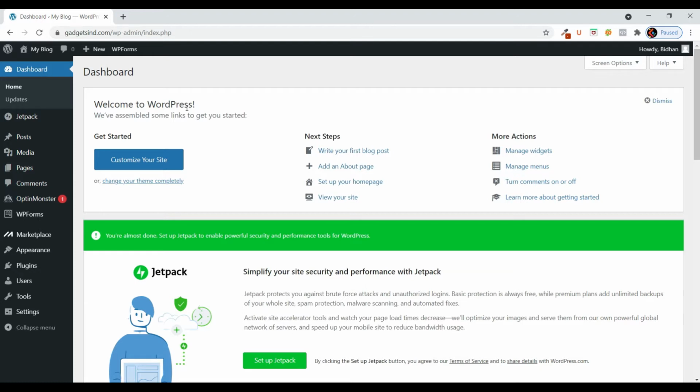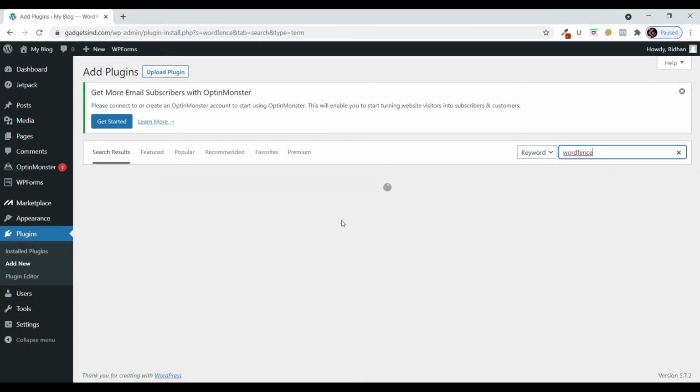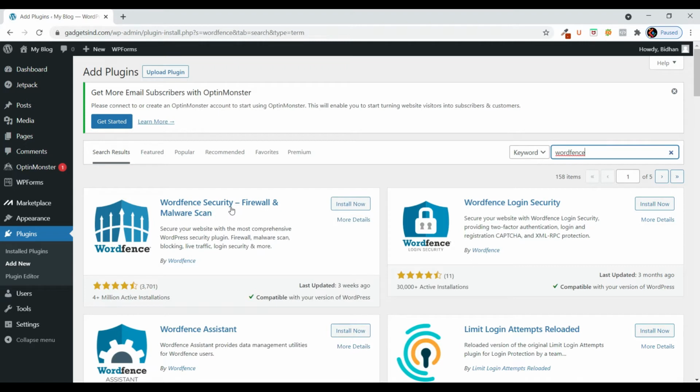After logging into WordPress, go to Plugins, click on Add New and search for Wordfence. Wordfence is a security plugin. So install now